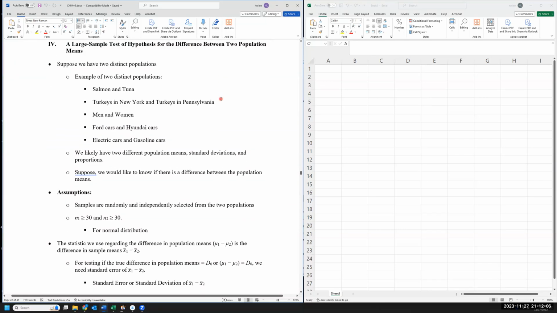means. This type of test involves us collecting data on two different populations. So we get a sample from population 1 and population 2. What are two distinct populations? Say salmon and tuna, turkeys in New York, turkeys in Pennsylvania, men, women, Ford cars, Hyundai cars, electric cars, gasoline cars. And what we want to do is see if the average